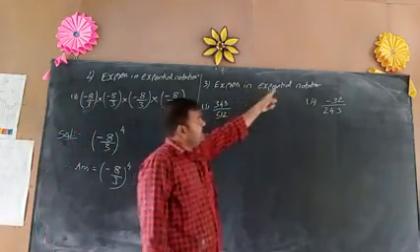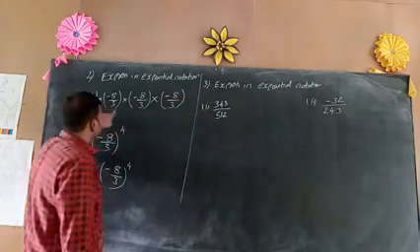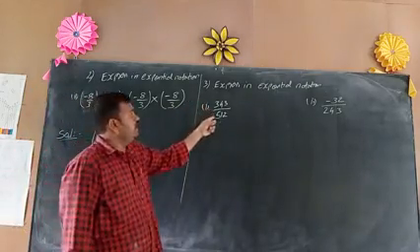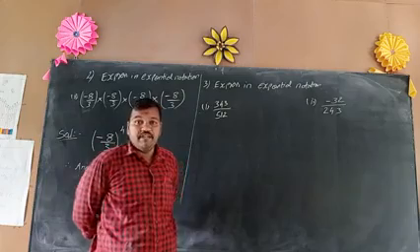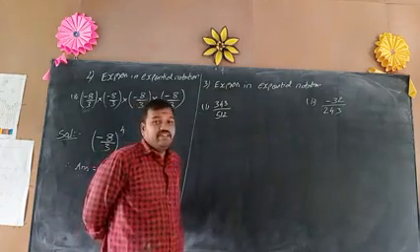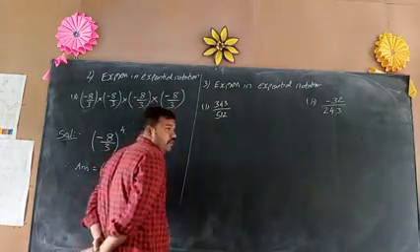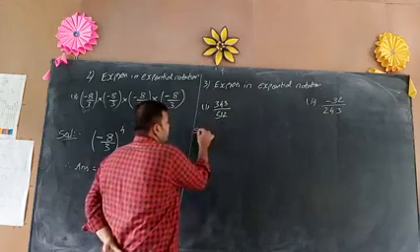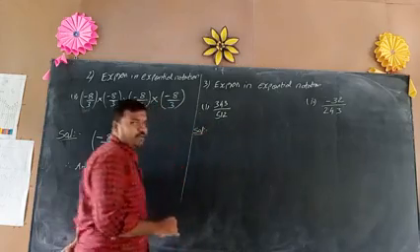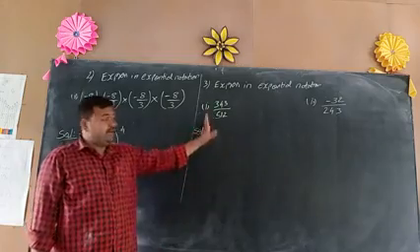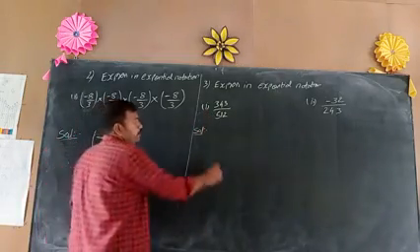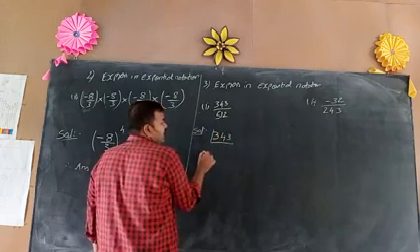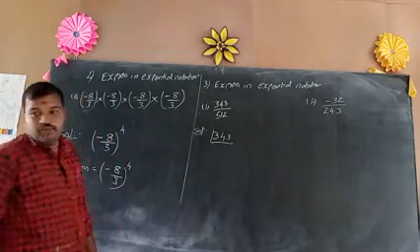Here, the same number is repeated 4 times, so directly we wrote 4. But the given number is 343 by 512, which is not given in the form of repeated numbers. So the same numbers are not there. We have to write in exponential form, which means we have to change it using the prime factor method. Prime factor method is nothing but the LCM method. So 343, taking in which table?